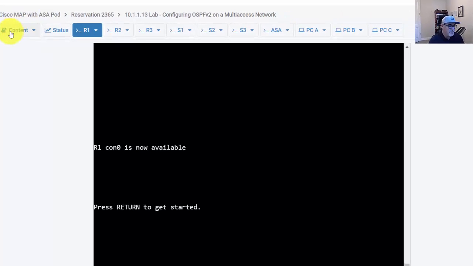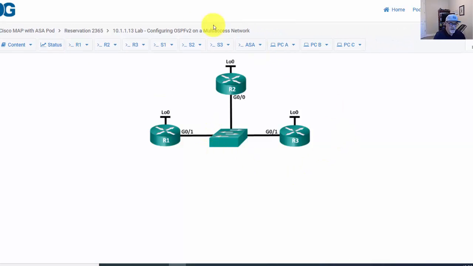So in Netlab, I have a similar scenario. You've got R1 connected to a switch, R2 and R3, and notice they're all connected, and I put in the routes, so R1 will route to R2 to get to R3. Okay, and then we can take a look at some of these messages. Now, to get this to work, we can go into R1,